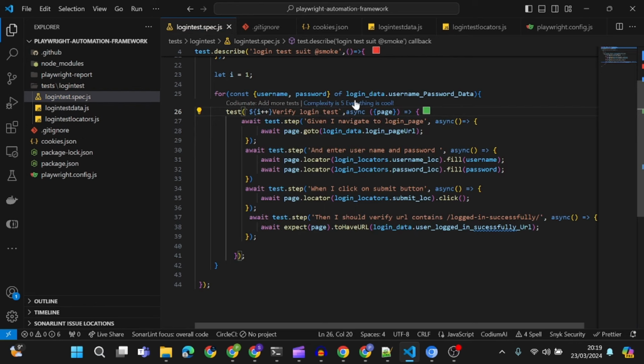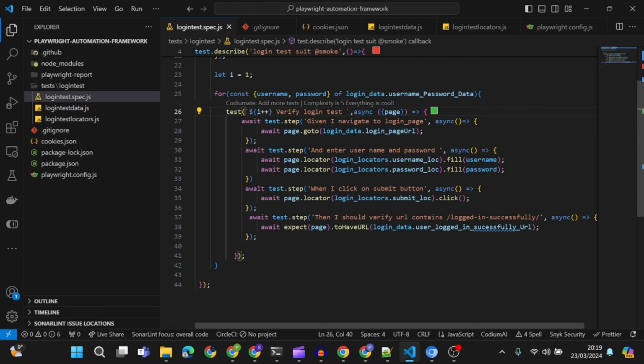So I hope some of you guys might have got this one. So what is happening here? Every time I'm giving a number to my test case, like this is test one, this is test two, three, something like that. Okay. And also what you can do, in some companies, we can also give the